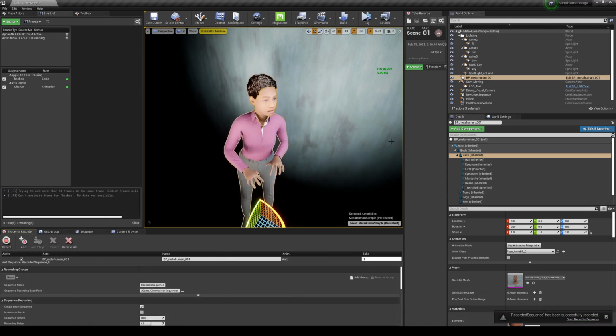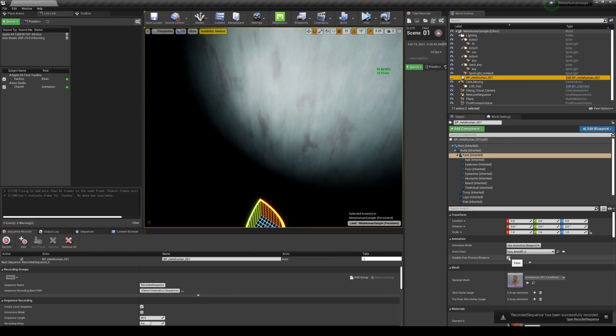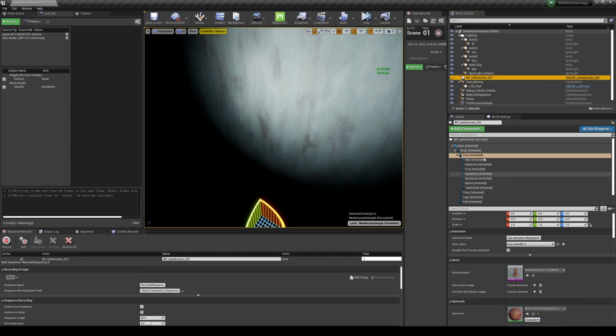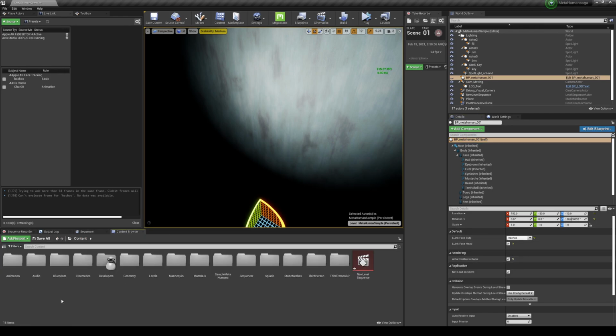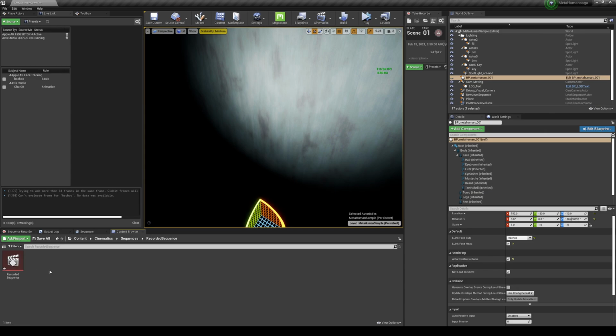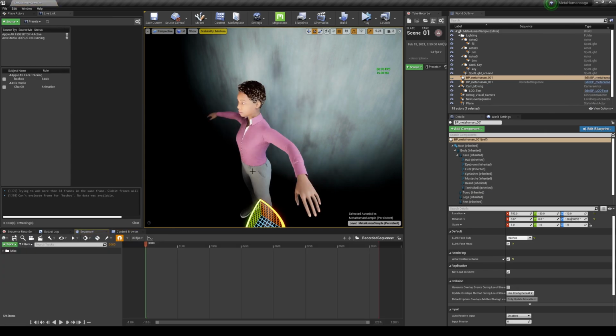And then what I'm going to do now is just hide this because this is the original. And I'm going to go ahead and remove our live links, and hide this person. Go to the BP, and I'm going to do actor hidden. And we're going to go to content browser, cinematics, sequences, recorded sequence, and go to that sequence that